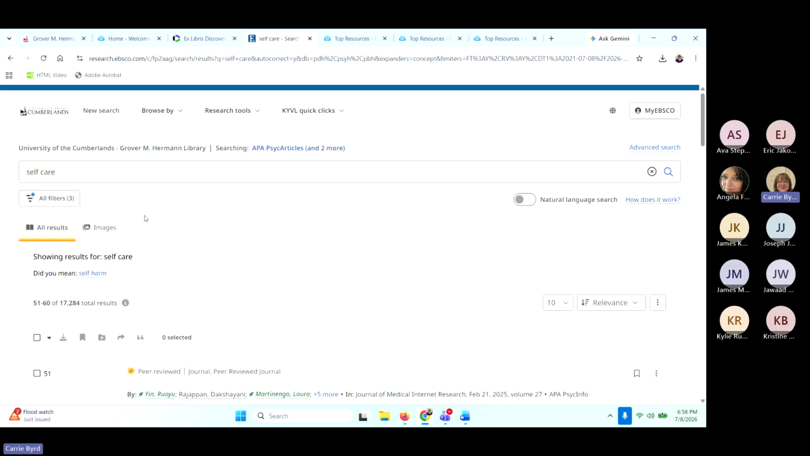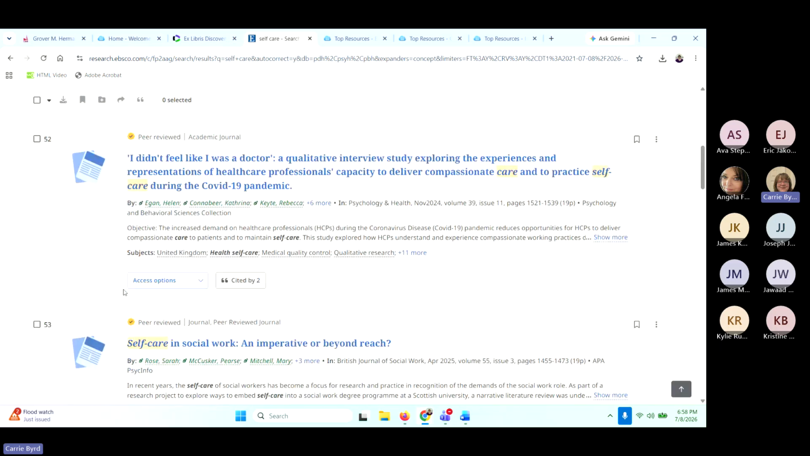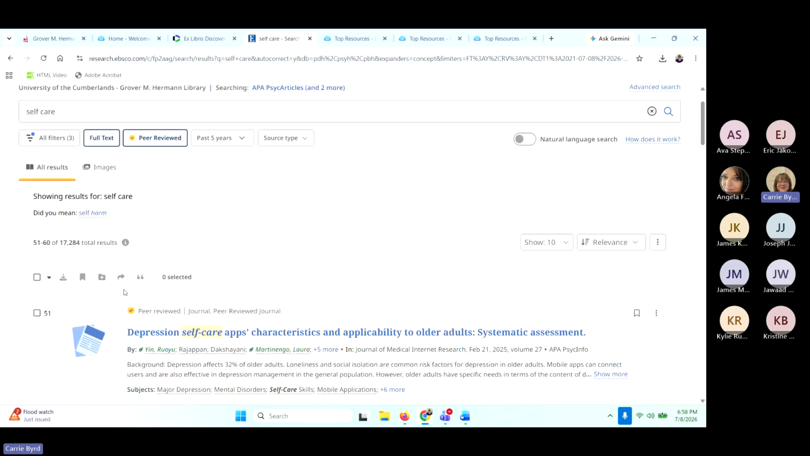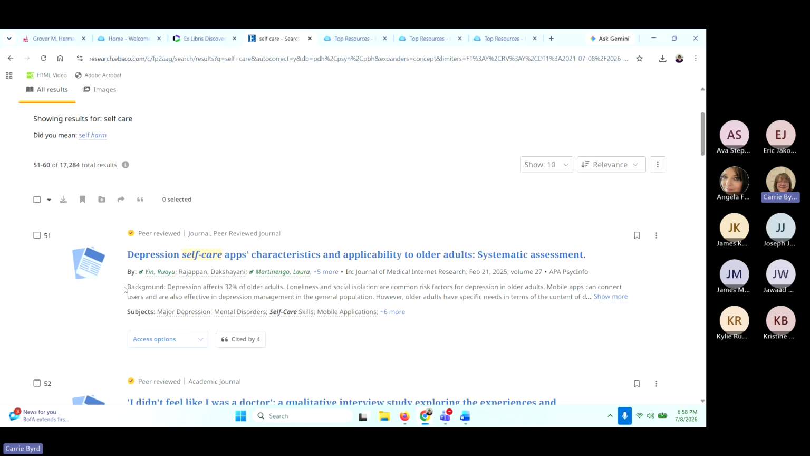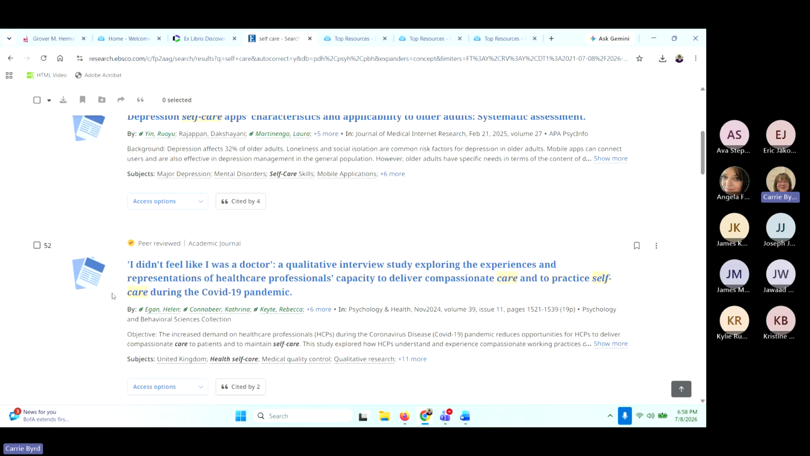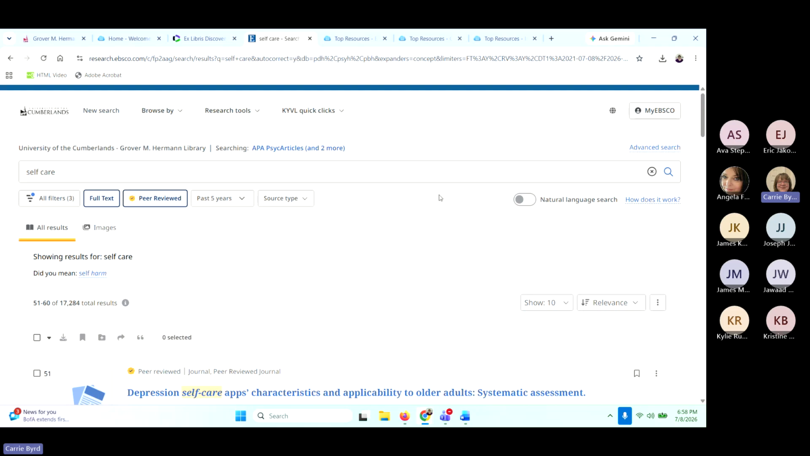Okay, let's go back to our results list because we still have too many results. So what can we do to narrow our search down? This is where Boolean modifiers come into play. You can see that there's a button up here that says natural language searching. Google uses natural language searching. Most search engines use natural language searching, and that means that they search the way that we speak, which is